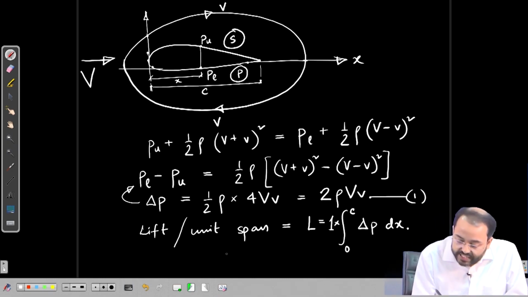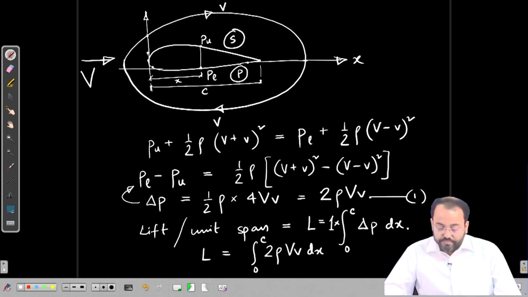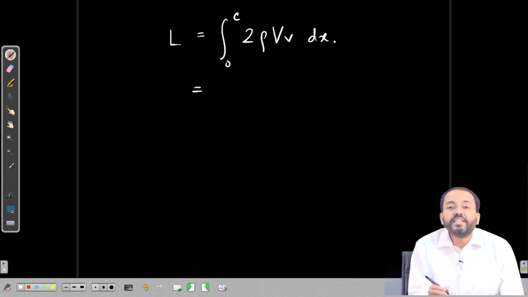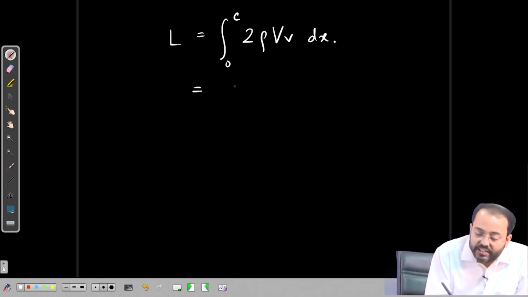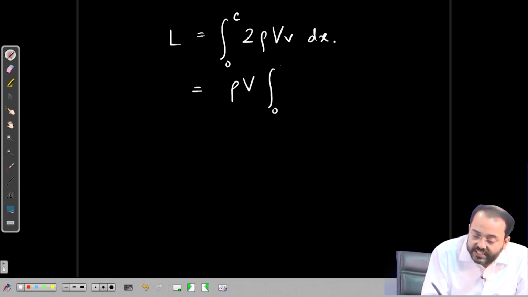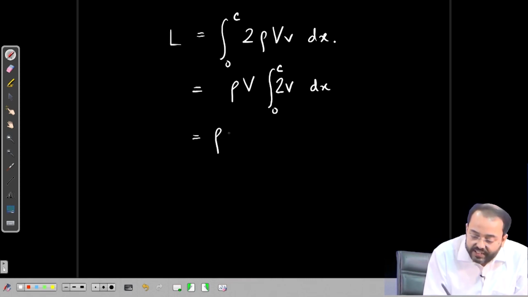So, this can be written as L equal to the integration from 0 to C of 2 rho V v dx. Now, what is V? Capital V is the incoming velocity into the foil. So, we can take rho V outside and do this integration from 0 to C of 2v dx, and we can write it as